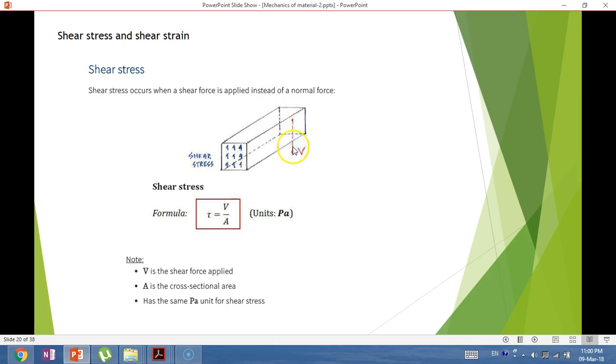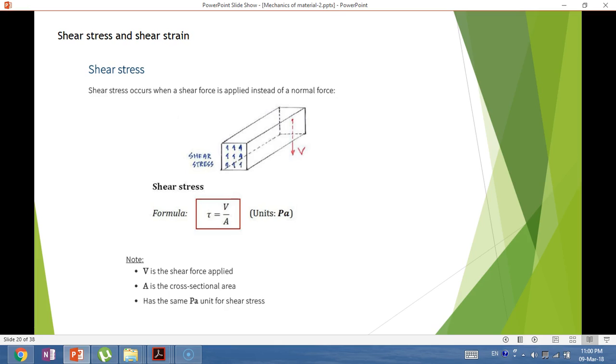We have here the shear force coming down, which is perpendicular to the longitudinal direction of this beam, and this is the fixed other side, and this is coming up. This is called the shear stress. This is the fixed portion, and there will be another shear force acting to the top in order